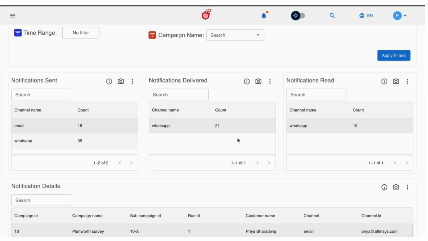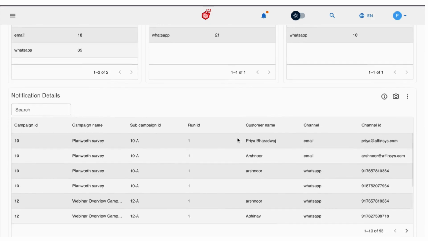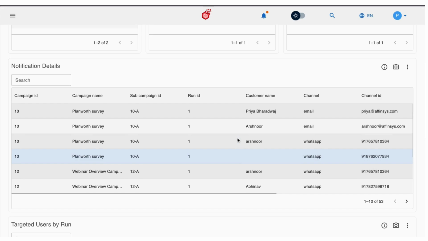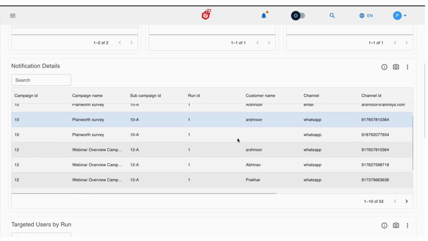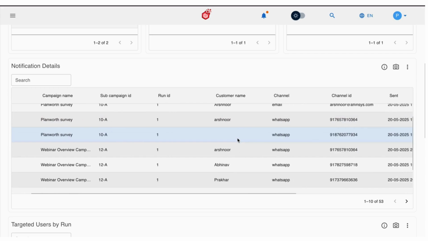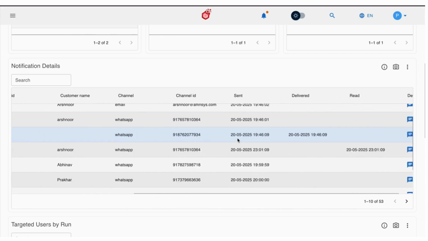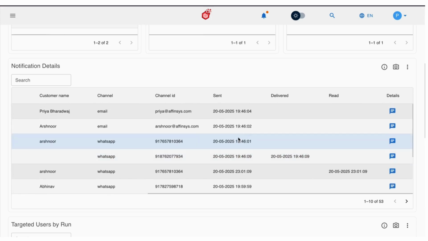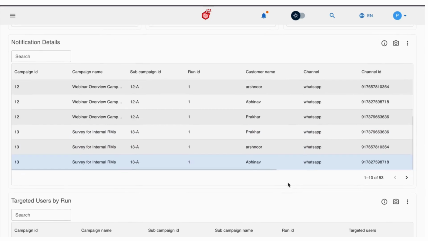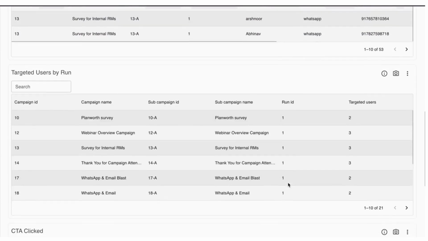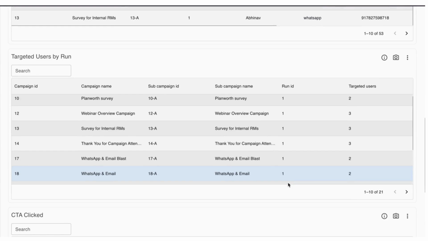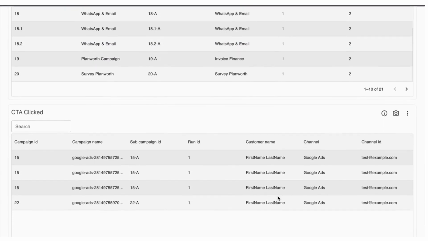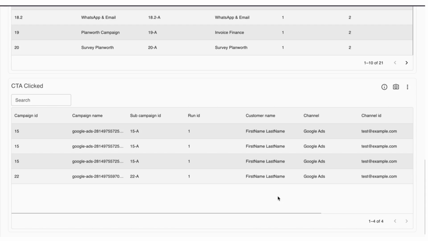This section provides granular, real-time data for each campaign, including campaign name and campaign ID, sub-campaign ID and run ID, customer name, channel used, such as WhatsApp, Telegram, channel ID, sent date time, delivered timestamp, read timestamp. You can also view targeted users by run, allowing you to analyze audience-level performance across different segments and delivery attempts. In addition, you can track call to action, CTA, clicks, helping you measure user engagement and the effectiveness of your